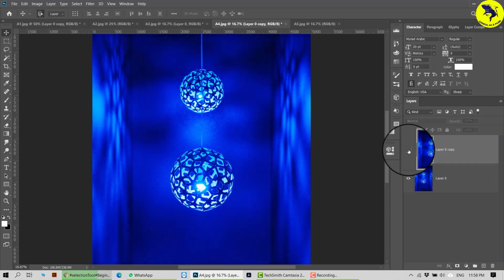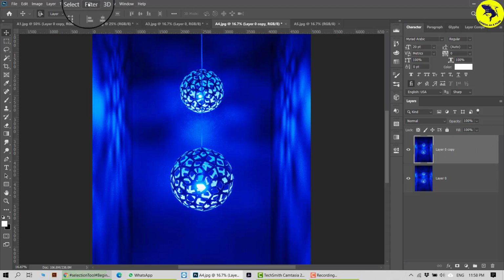See, if I toggle it multiple times, you can see as if the light is flickering. Okay, now if I add one more time, again my layer is active, go to your filter, add one more time, and now you see it's much darker. So this is how you give the effect, but your light is still glowing, right? In order to make your light pop out more compared to the surrounding, whatever material, picture, prop or object is around it, if you want your light to pop up much more, then you can use this effect.